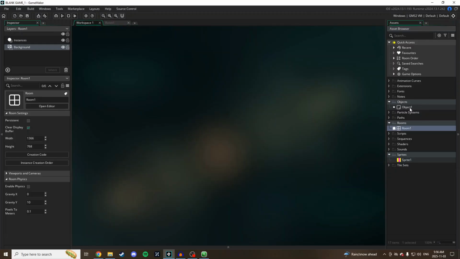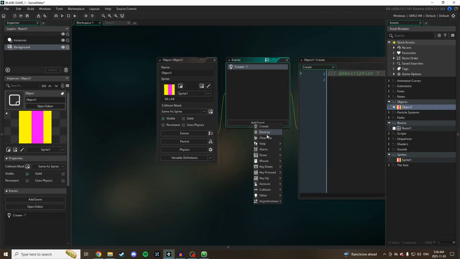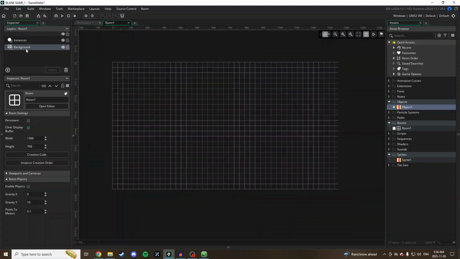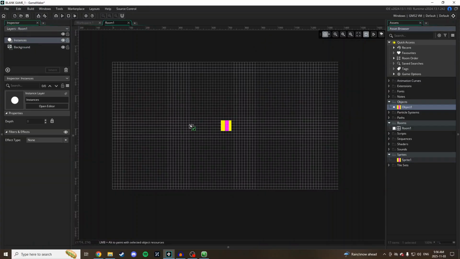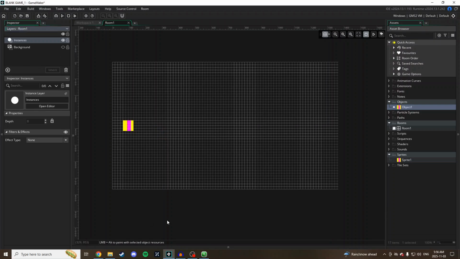And then I'm going to go to my object. I'm going to assign it that sprite. I'm going to go to its step event. And I'm just going to say X++. Then I'm going to go into my room. I'm going to add this object. I'm going to leave the background visible, and I'm going to run this. And you're just going to see it move towards the right of the screen. But if I get rid of my background layer,